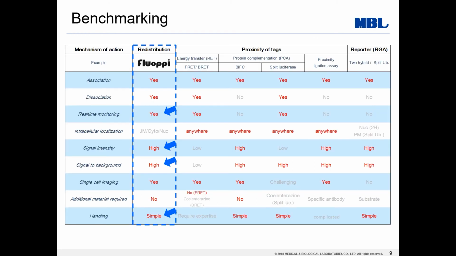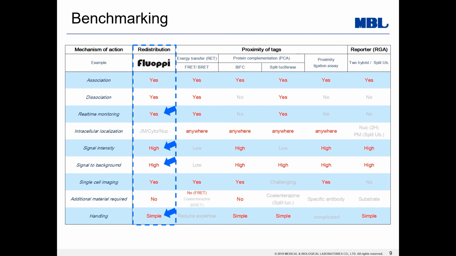We compared Fluoppi to other technologies for analyzing intracellular PPIs. We classified those technologies into three groups. The first one is the redistribution principle, which is employed by Fluoppi. The second one is detecting proximity of tags fused to target proteins, like FRET or split GFP. The last one is the reporter gene assay. Comparing Fluoppi to those technologies written here,